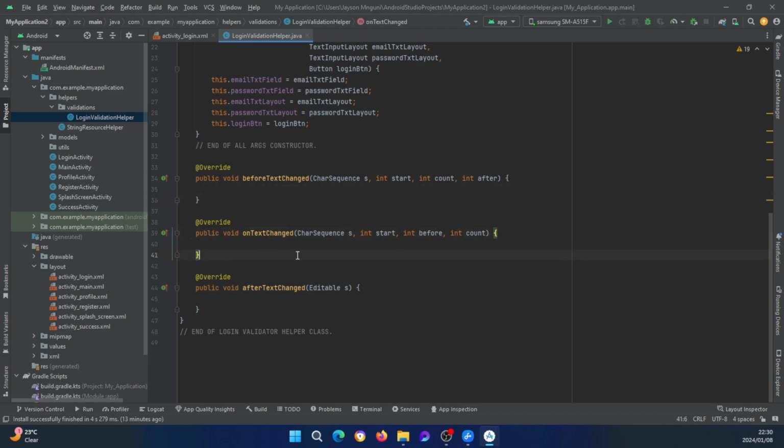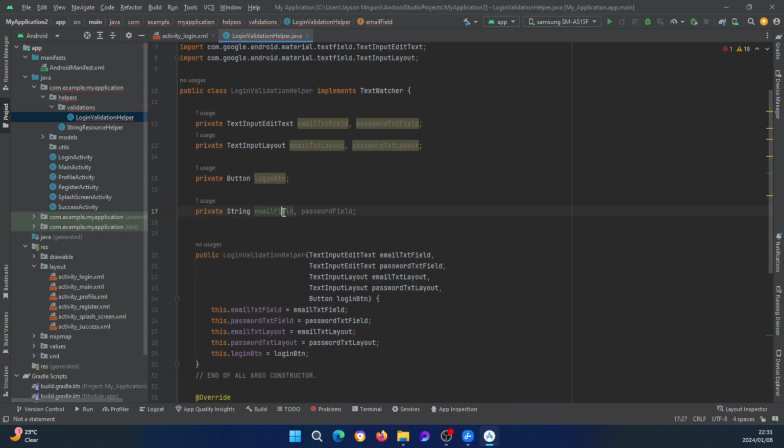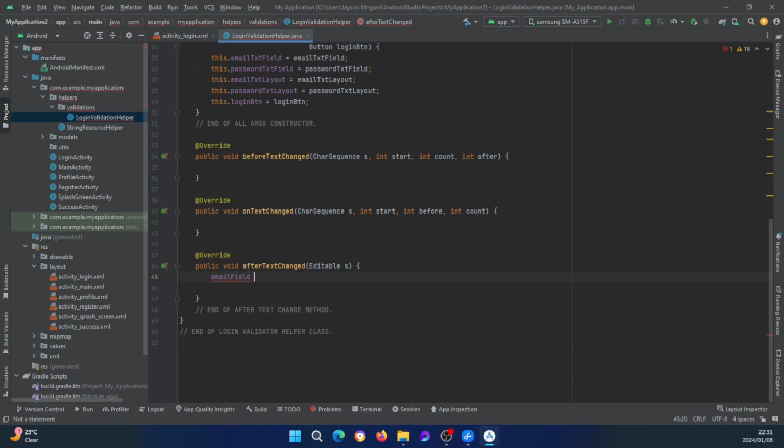On text change you can check for things and things like that. But the one that we're going to use is this one. So let me just say end of. Alright, so the first thing I want to do is say email field. So now the email field that we're testing, we're checking here is this one, right? This is going to equal to